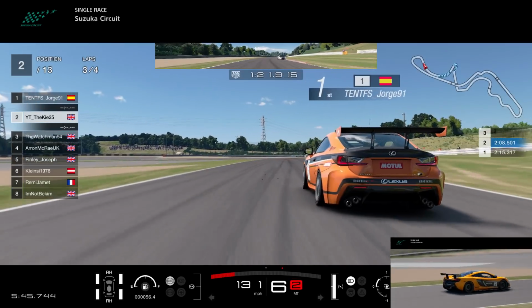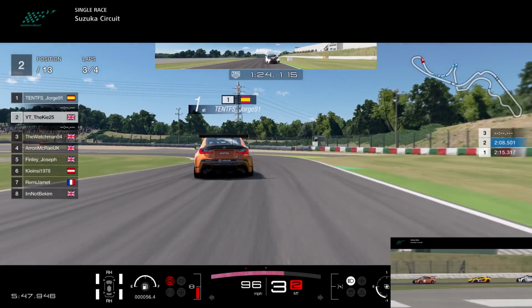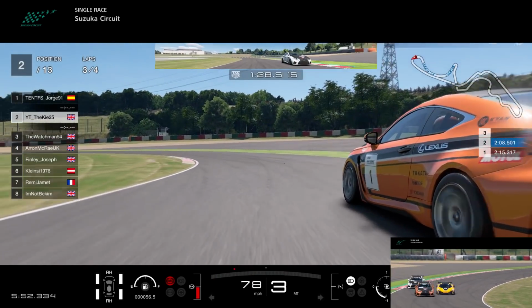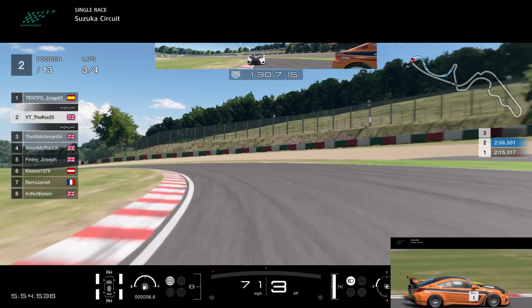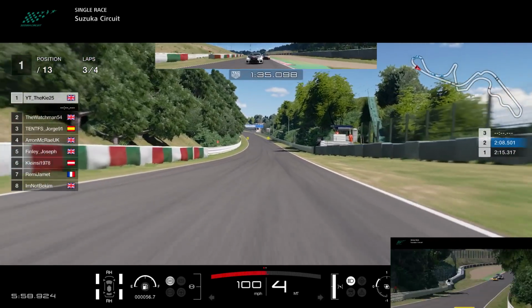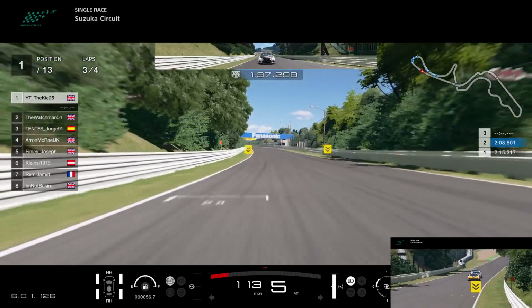So I go to the left, make him think that I'm going to go for a move, brake very early to give myself a very tight line for his corner. You see, he brakes very late trying to defend that, and he leaves the door open. We get up on the inside, nice move, a little bit of contact there, but it was fair. We had the inside line, and I put myself into the lead in this McLaren 650S as we go down